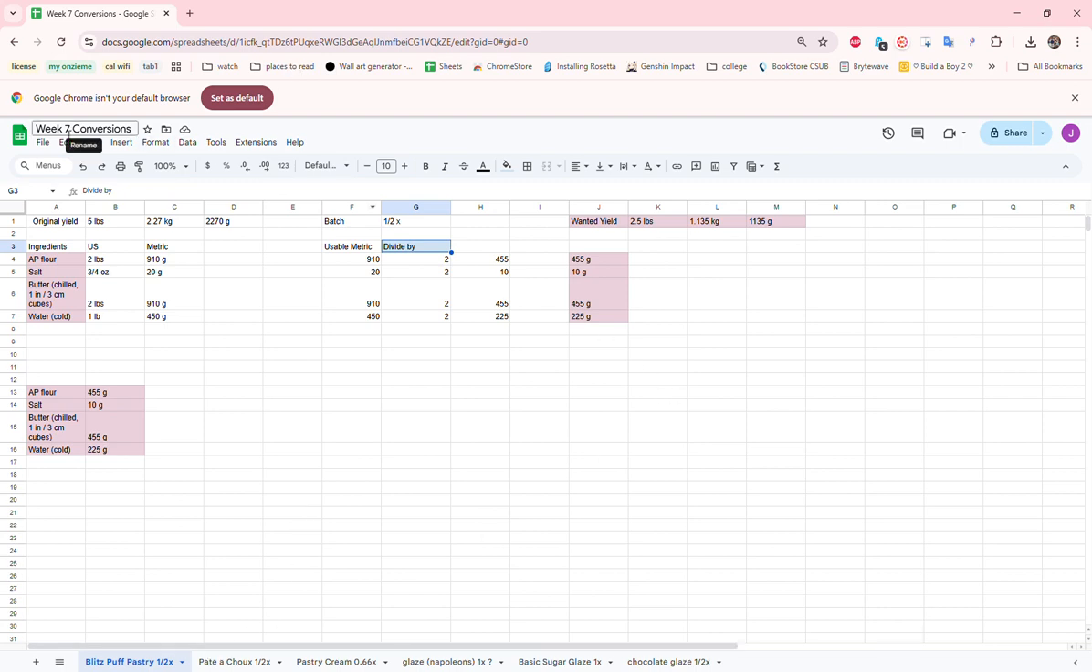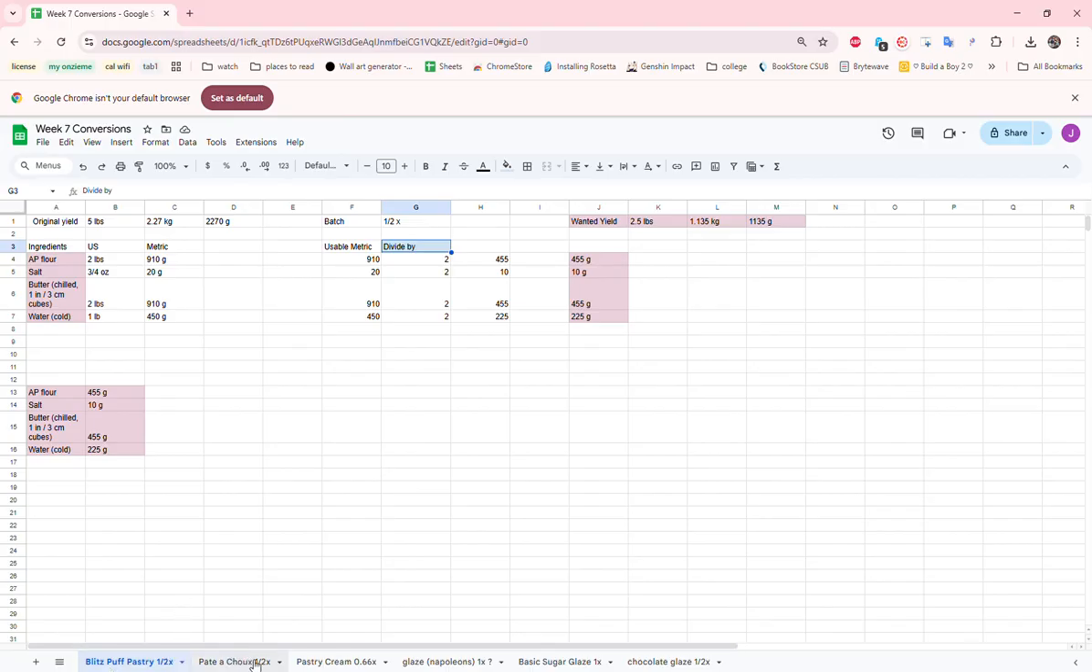Alrighty, I'm doing the week 7 conversions for Chef Mara's class. According to the recipe, we have the Napoleons, which contain the Blitz puff pastry, which is a half batch,